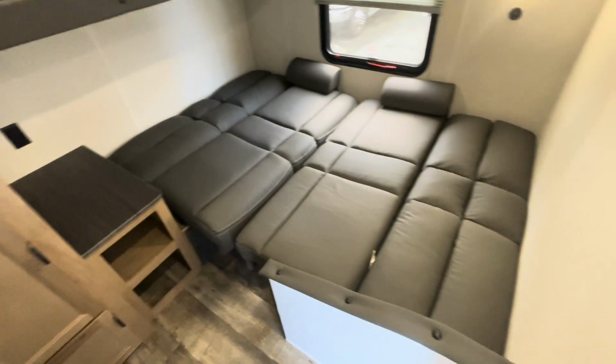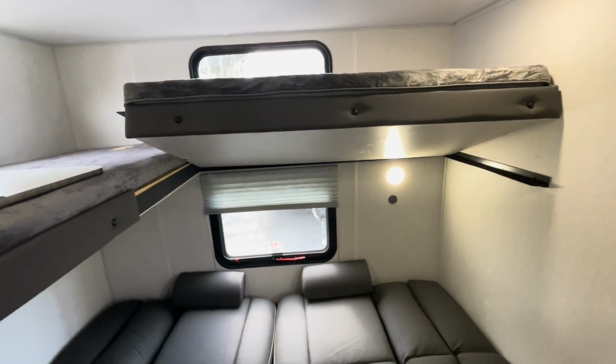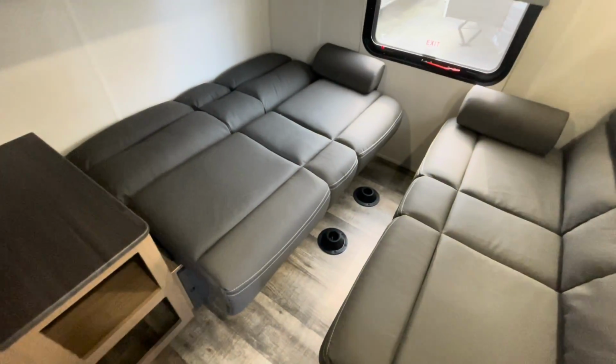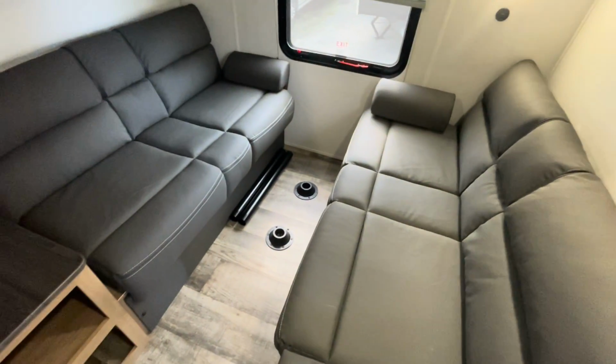You'd have one large sleeping area here. That top bed folds up out of your way. You got different options. You can see you got storage underneath, but you can do one and not the other, or both. Pretty easy to set up and break down. The jackknife sofas, there's more storage there, or leave the table out if you just want a hangout place,